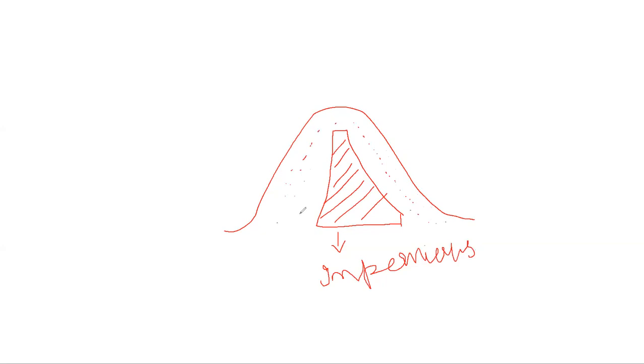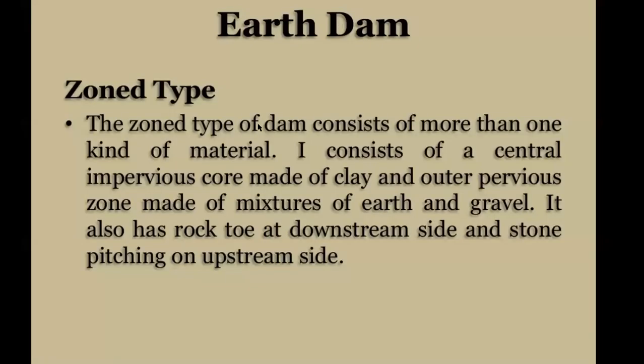These regions are pervious. They allow water to flow through them. So you need to understand the structure of an earthen dam. This is a composite earthen dam, means it is not made up of a single material, but has two components: one is the impervious core and the other is a permeable layer that may be of sand and gravel. So now you have a brief idea about the zoned type.